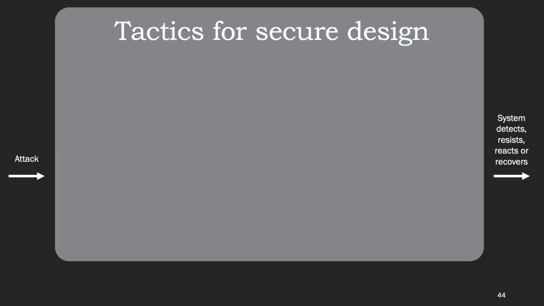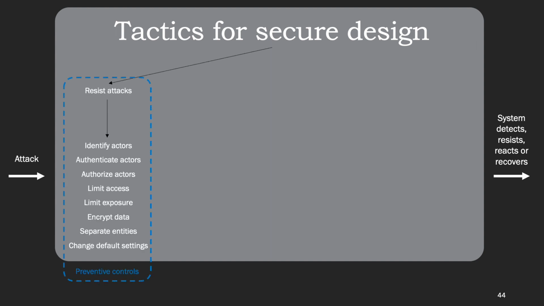One of the best practices for secure design is to build defense in depth. For doing that, we have a variety of security tactics that we can use on several levels of abstraction. First, we can have preventative controls. These are used to actually resist or avoid attacks before they can occur. For instance, one preventative tactic for secure design is to always authenticate and authorize users to do as little in the system as possible, also called limiting the exposure.